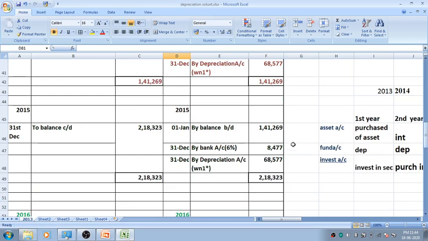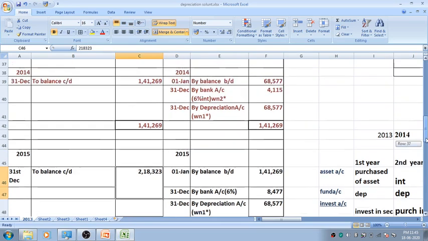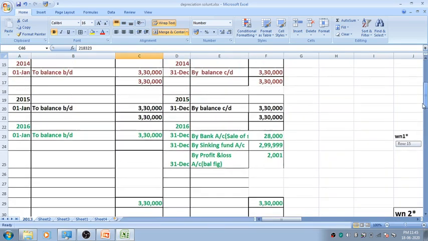You go to the sinking fund account for 2015. Total it, write the total and carry down the balance to the next year. Okay. Then we go to the machinery account for the third year. There was no entry here, so the opening balance amount and the closing balance amount remain the same. That's 30,000, since there is no addition to the machinery.